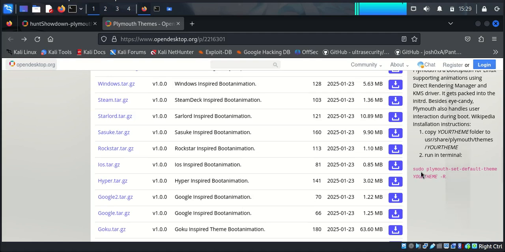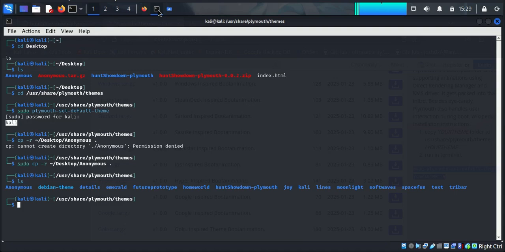So all I'm going to do is to copy this command and paste it in my terminal. Then I'm going to be replacing the data with what we have in the system. After highlighting that, I can come back here to my terminal and paste that command. Where we have your theme, this is where we are going to provide the anonymous, the way it appears, because that is a directory and it starts with a capital A. So we are going to provide anonymous,